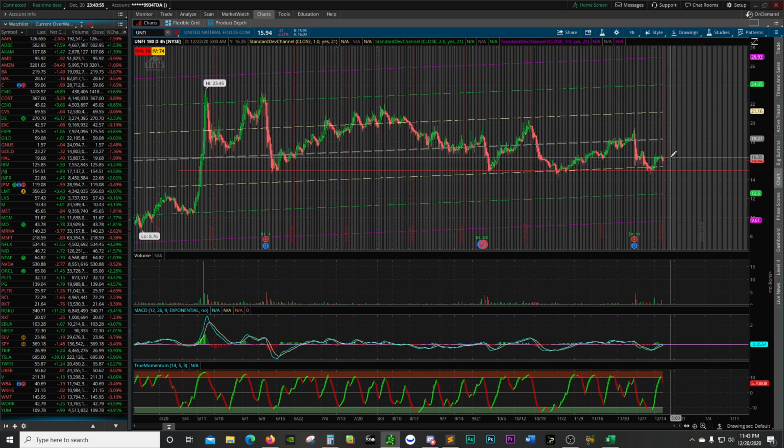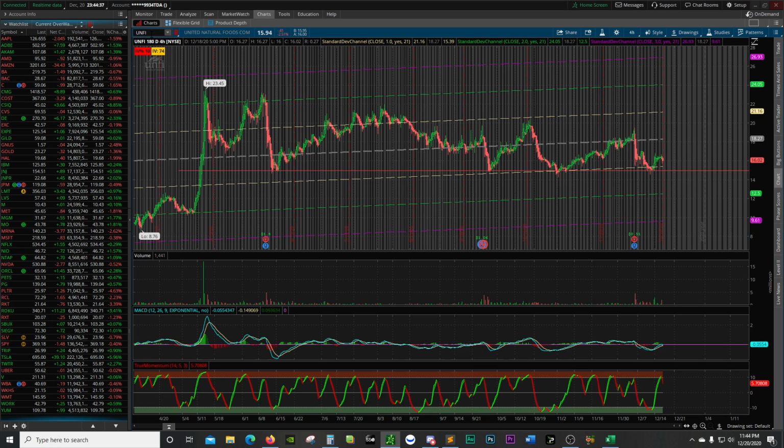Did you get out at 16 plus? I pulled out when I saw the first candlestick on the intraday flip over, and it was a really big candlestick, so I decided to just take profits from there. I don't really have a specific exit point. I just take profits when I see a decent profit. That's not a bad idea, and you're going to recycle your money a lot faster. If you find multiple things to get into at support levels and do this 5 times a week, you're going to make more money than if you held that position and waited for it to hit resistance. It might not hit it. It might just pull back and circle around and stall. It could very well do that.